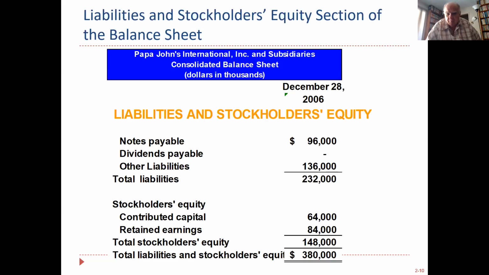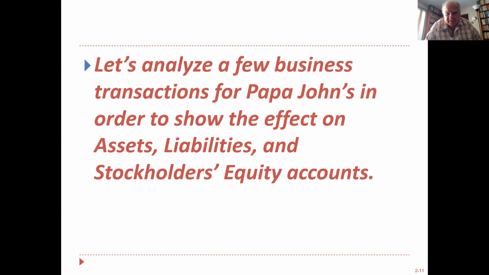But at the end of each month, as they prepare their financial statements, if they made a profit of $5,000, equity would go up by that $5,000 through the component called retained earnings. It retains all the earnings. Another way to say it, that $84,000 you see there represents the total income Papa John's has had since it sold its first cannoli, okay? As we say back in Jersey, cannolis are popular, okay? That's assuming there's no dividends.